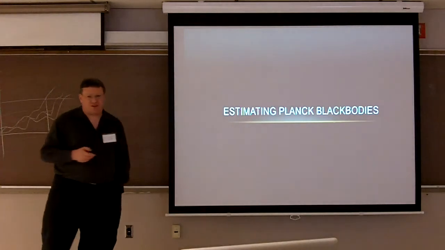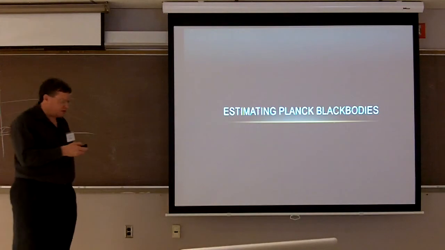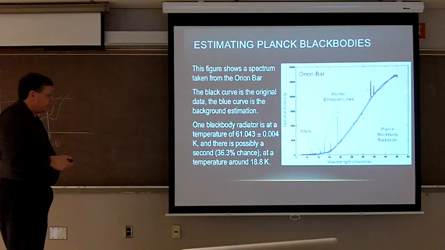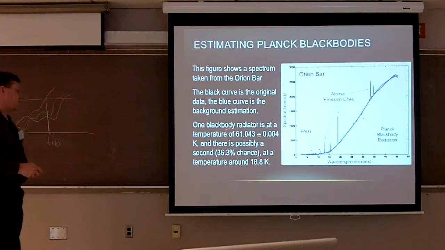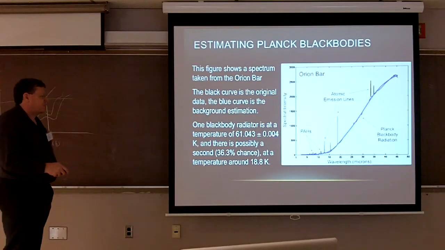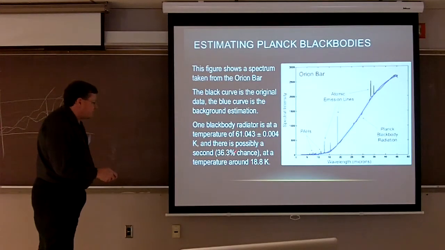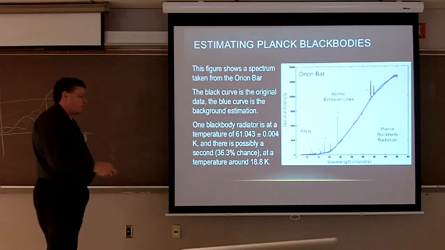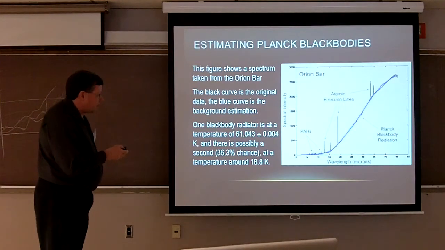So one of the things we started with first was, well, let's try to handle the Planck black body radiation. Let's get rid of this background signal. And this was an interesting lesson. So here is the Orion bar, and here is our estimate of the Planck black body radiation. And very nice. We found that there's one black body radiator at a temperature of 61.043 plus or minus 0.004 Kelvin. Very nice precision. Wonderful. But then there's a 36.3% chance there's another one around 18.8 Kelvin. This is all fine and good, except there's a problem,